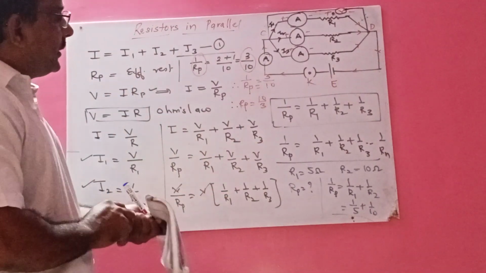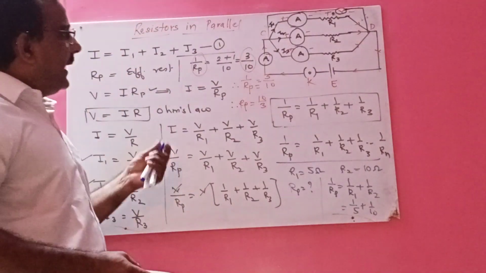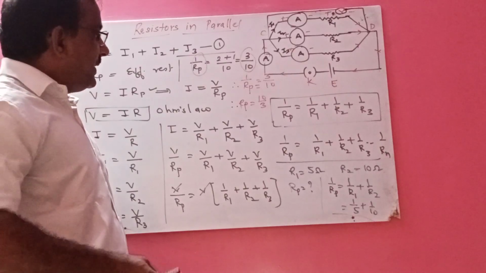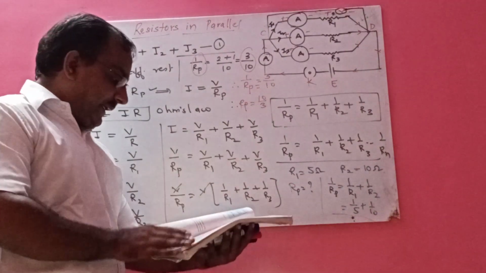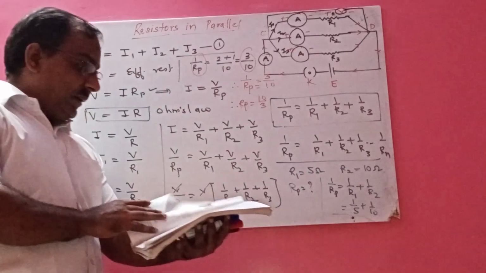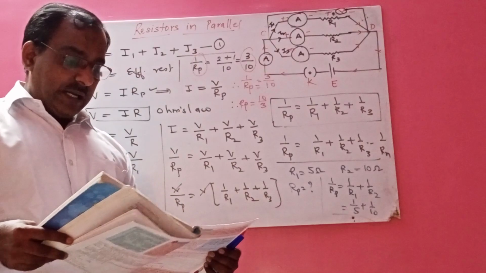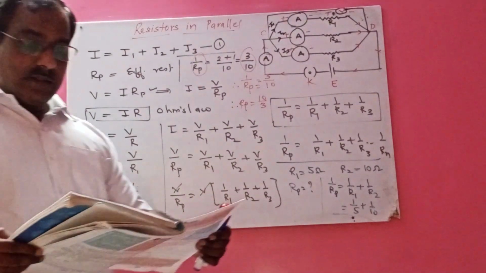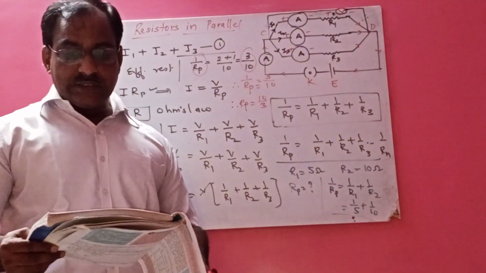So this is just the example which I gave you in the previous part. So here also I gave you one example of how to calculate the resistance in parallel combination. So children, here I have completed your chapter, right? Now the sums which are given in the exercise, first I want to do those sums.